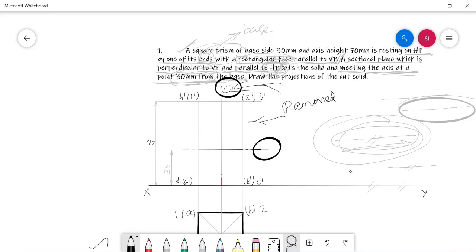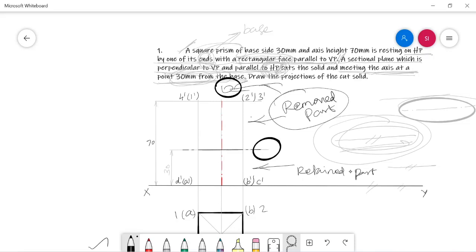Why should this be considered as the removed part? The explanation is given in the previous video lecture. If you have any clarification, you can go back and see this. And the portion apart from this removed part can be considered as the retained portion. This portion is considered to be the retained part.